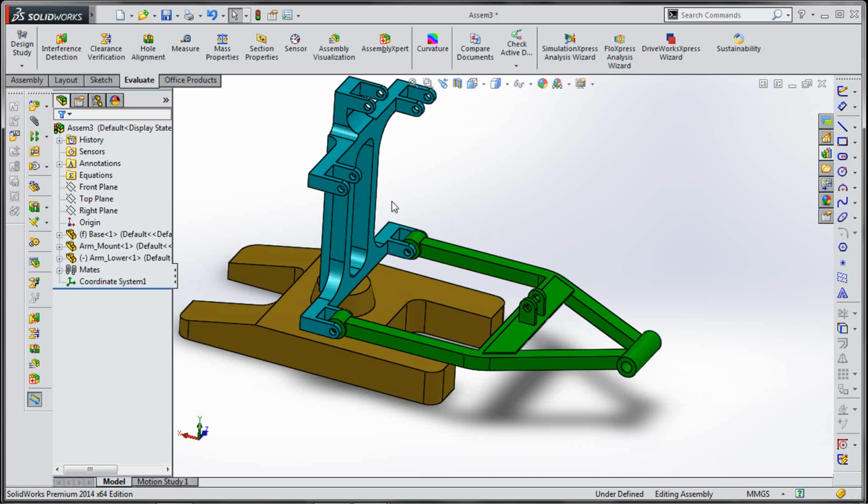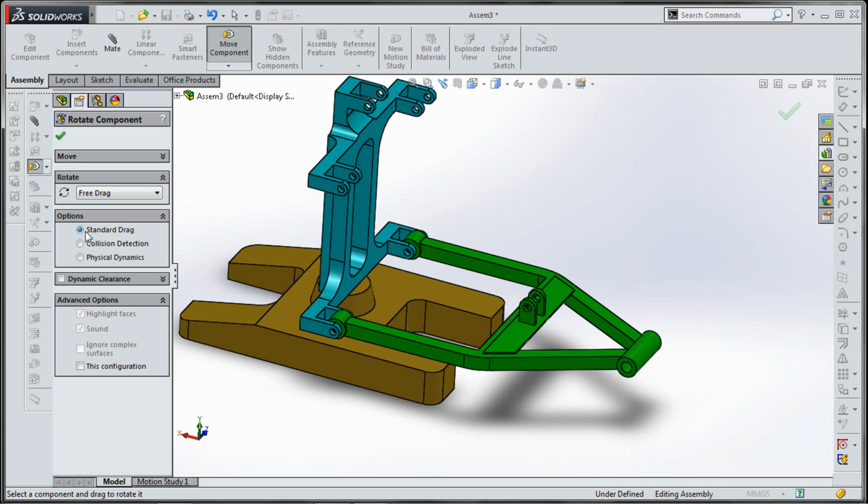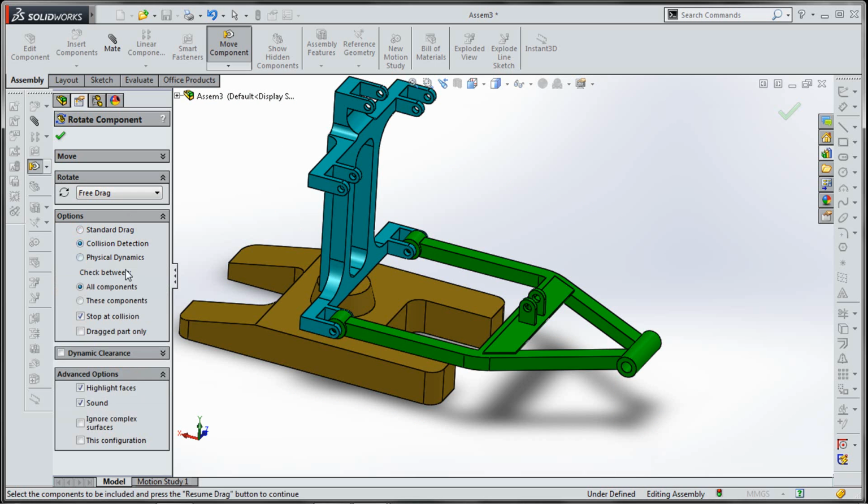And to use collision detection, go to Assembly, Move Component, and this little arrow, and rotate. And instead of using standard drag, use collision detection. Check between all components, and we need to stop at collision.